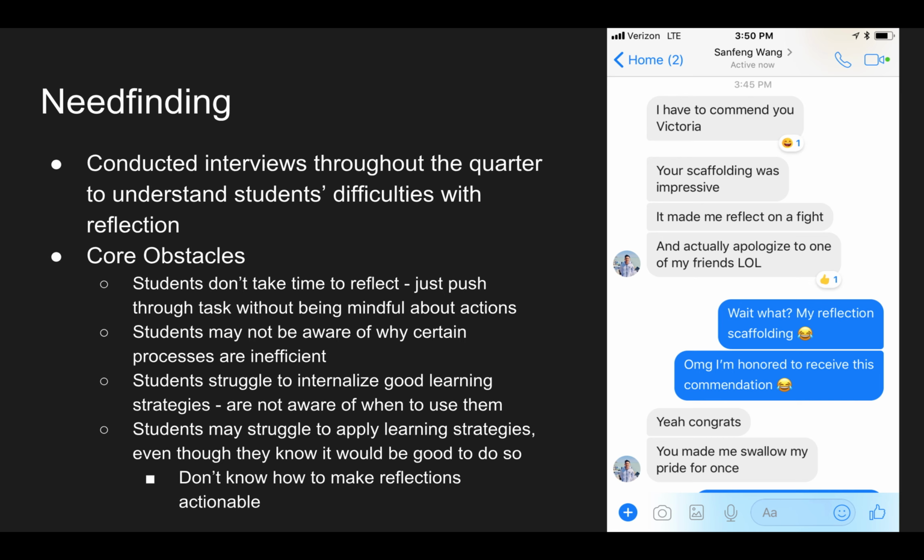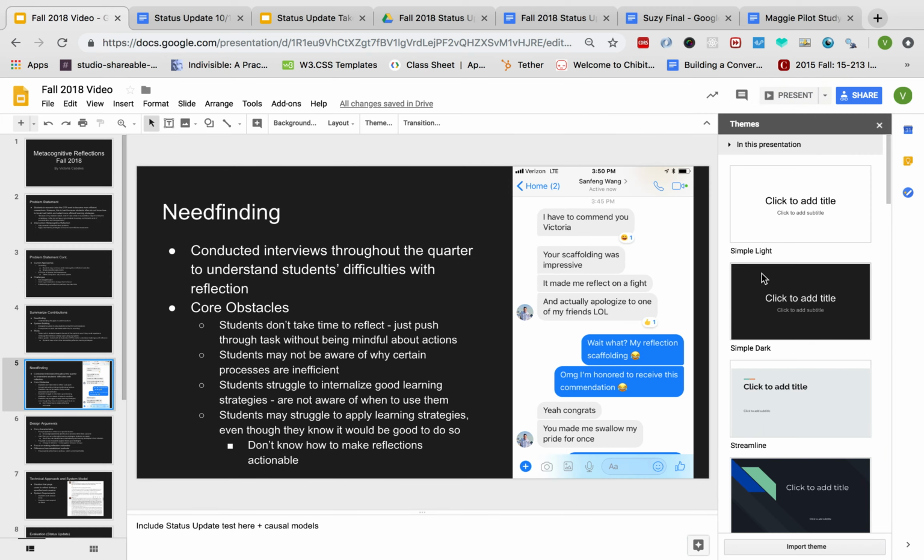So overall, to basically sum it up, students told me that yes, they felt that they were more aware through doing their reflections, but often didn't know what to do with those reflections and really struggled to make their reflections actionable. So after